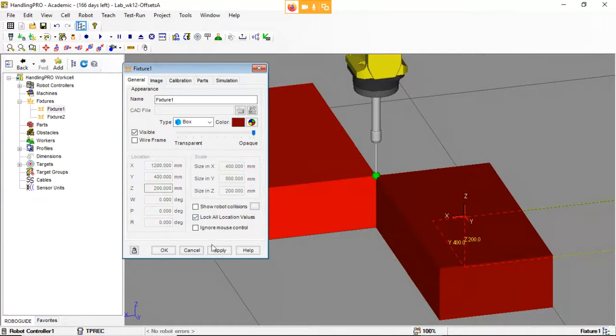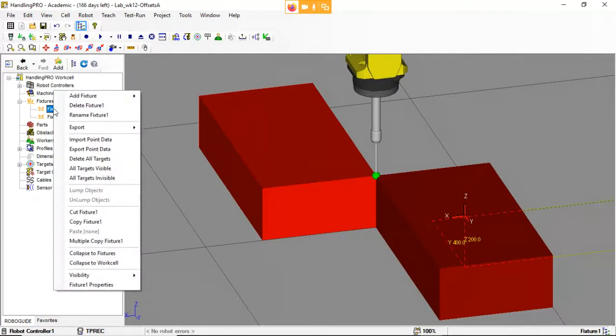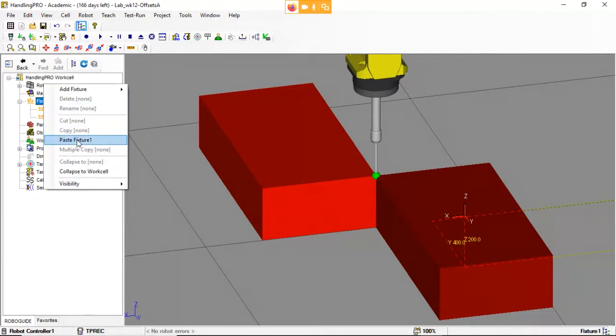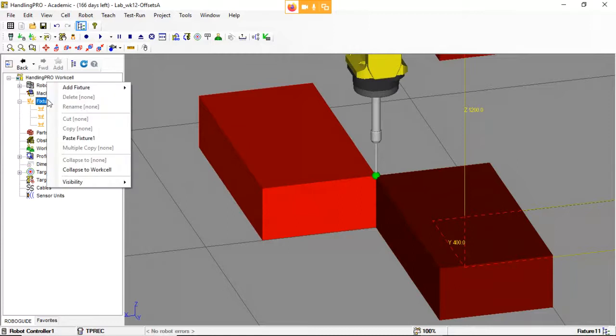Remember, always make sure these things are locked so they don't accidentally move on you. So I'm going to come over to fixture 1 and right click, and down here it says copy fixture 1. Then I'm going to come back to fixtures, and now that I've highlighted fixtures, I'm going to right click and paste fixture 1, and that gives me fixture 1-1. It just named it fixture 1-1. We can actually rename these, but I didn't bother, so I'm just going to leave them as generic names like this. Normally I like to rename them. And I'm just going to go ahead